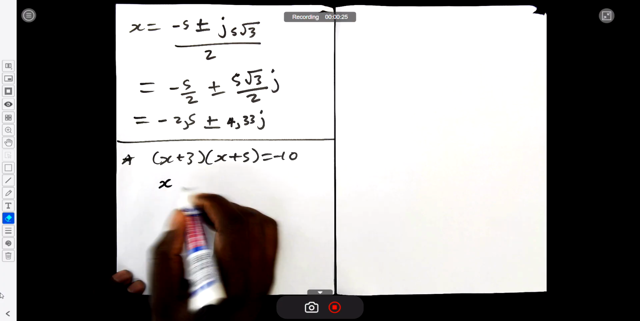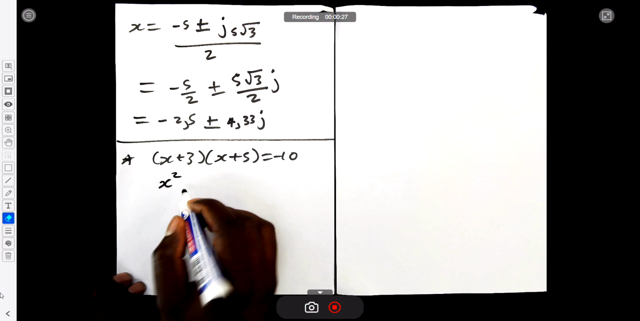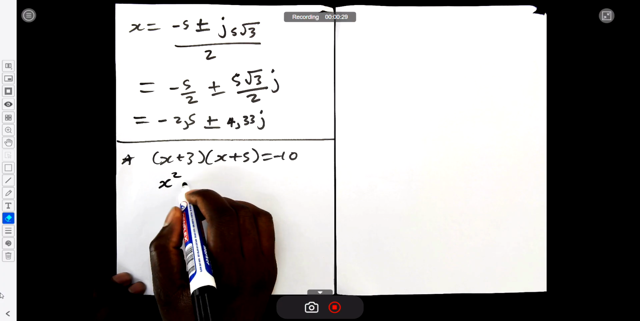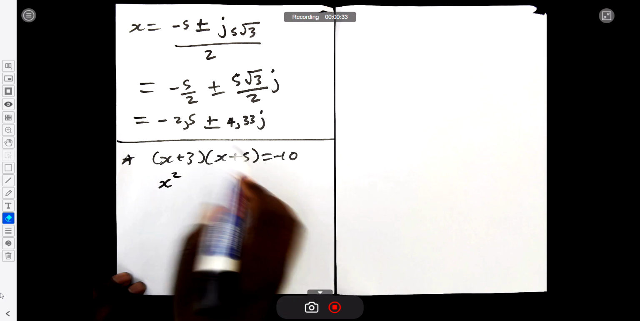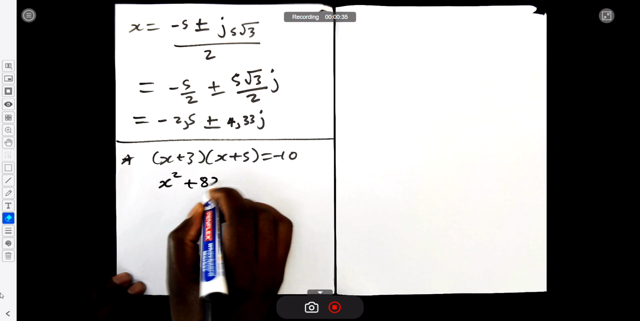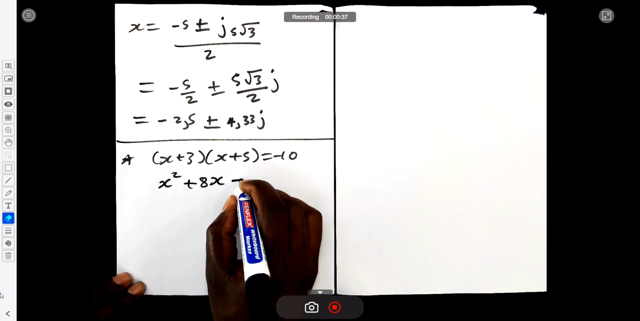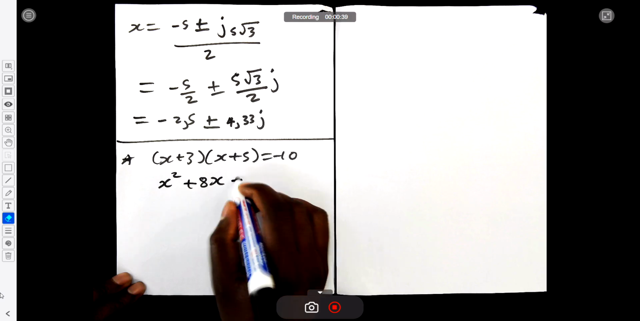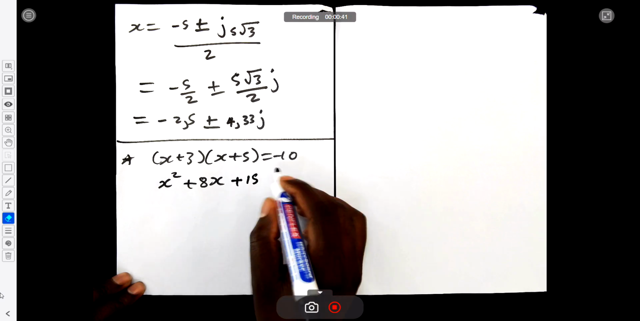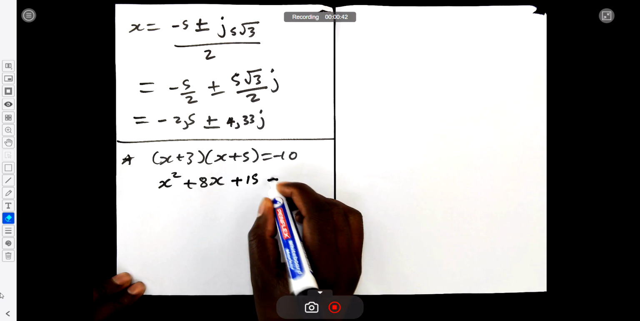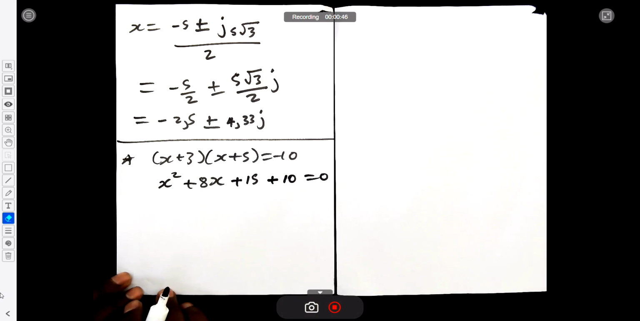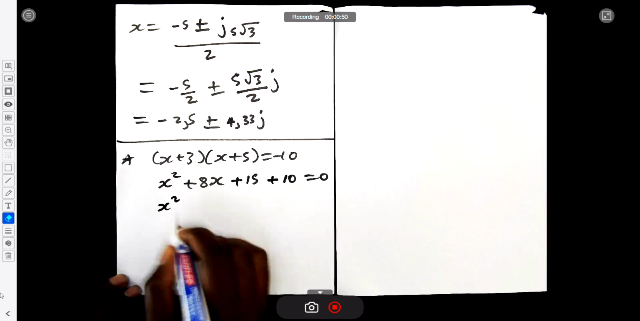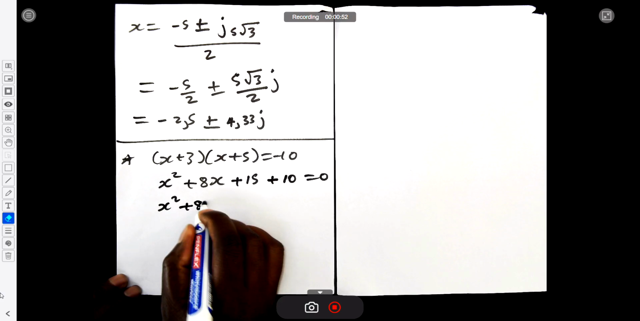the factors here. Multiply out the factors, and we'll have x squared. Then the middle term we're going to have 8x, isn't it? So it's 3x and then 5x, which is going to be 8x. The last term will be 3 times 5, which is 15. Take 10 to the other side, it will be positive 10. Then we have equals to 0. So we regroup them in that way. So we can say x squared plus 8x